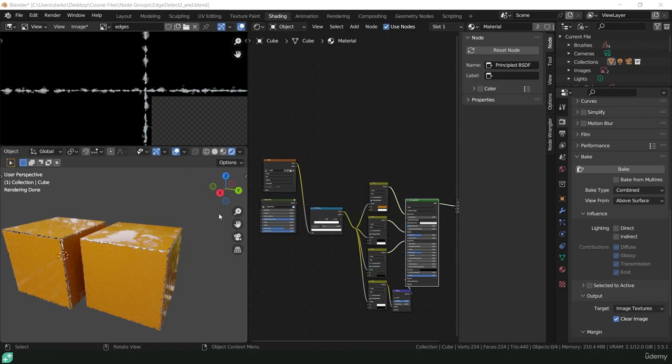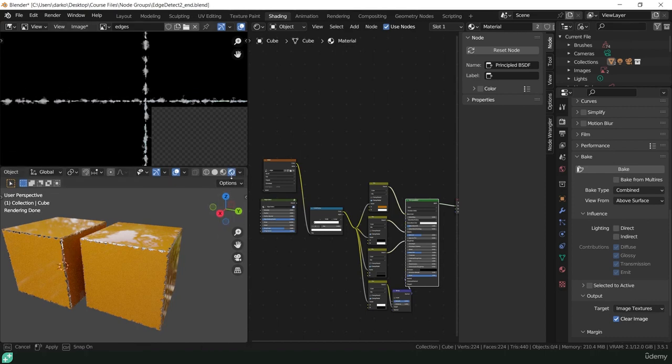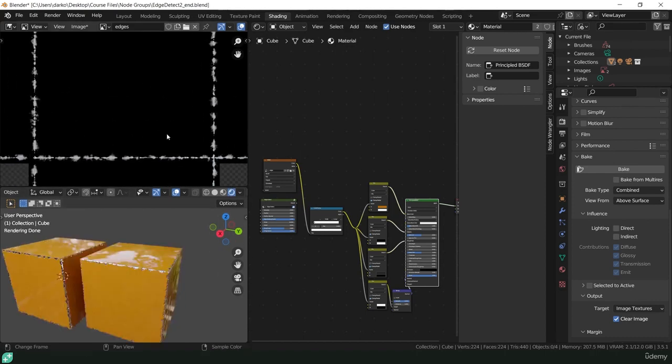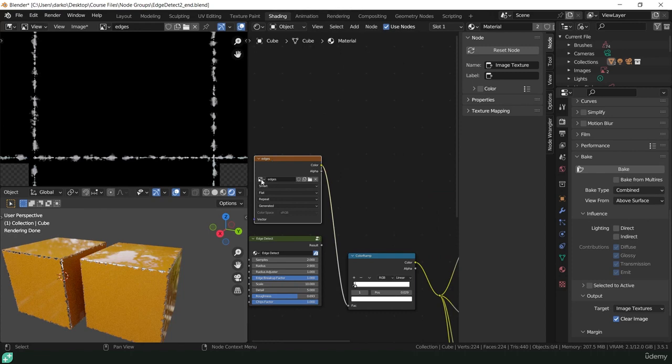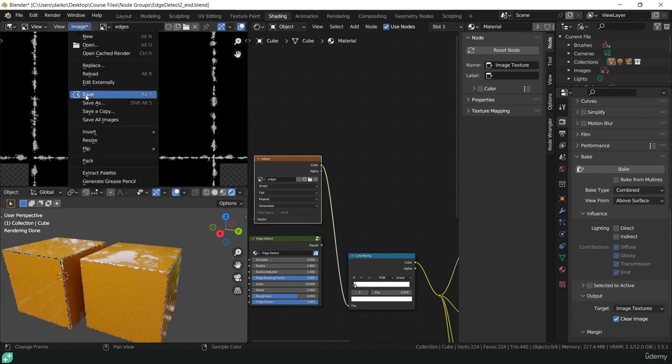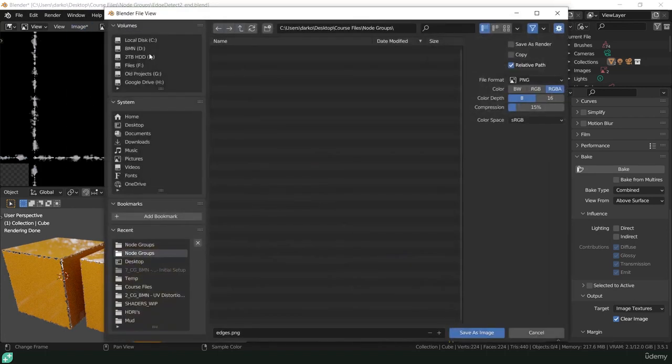Okay, one final thing before we go, and that is that now that we have this image that we have baked out, we still have to save it. So if we look at this top panel here, you can see that our image has a little asterisk next to it, and that's telling us that we have not saved this image. So although we have access to it within this node group under edges, what we don't have is access to it within our system. So we now have to go to Save As,